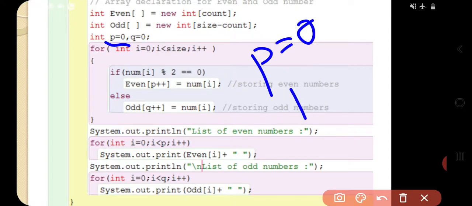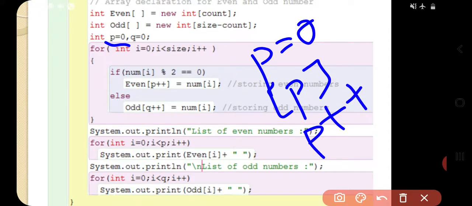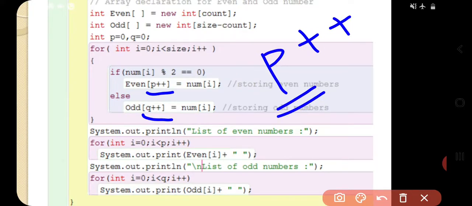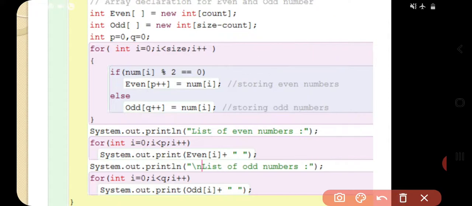See, I want to store an element in the pth position, and then I want to move further. I can write in this way also. Firstly, I want to store it inside it, and then I'm going to increase it. It is a correct manner, but in a short way I had written this, because postfix tells us firstly you have to use a particular position, then you have to increase it. Means firstly we are going to use the 0th position, then we are going to increase that position. That's why I wrote p plus plus.